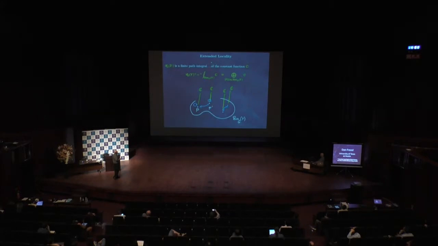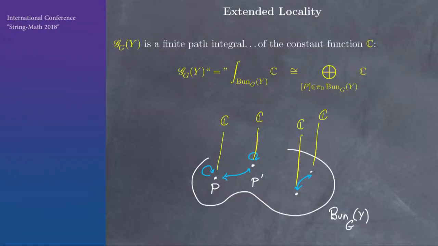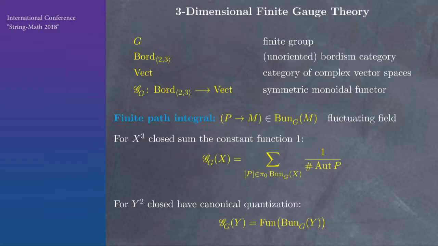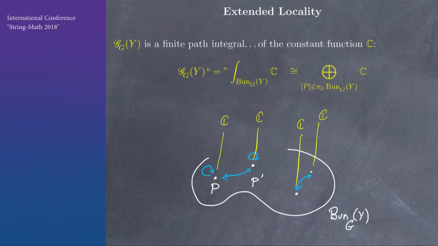So we want to go further, and I want to think of this canonical quantization, how we get the space of functions when I have Y, which is a closed surface. I want to think of that as actually also a finite sum. So when we have a 3-manifold, we sum the function 1, normalized by the automorphisms. And here we're going to sum the function which is not numerical valued, but rather vector space valued. We just take the function, which is constant value C, and we sum it up. But again, we take into account the arrows, which means we take the invariants. So if you like, there are invariant functions, and that's, of course, what the answer is.